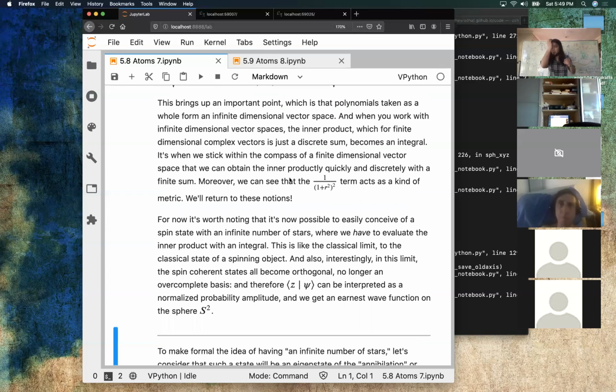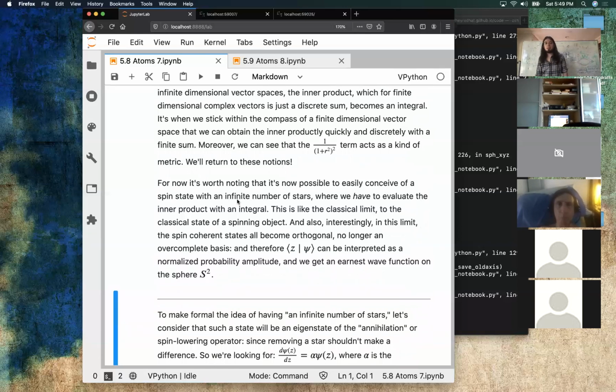And crucially, it's useful to work in this representation because when you're working with the polynomials themselves, you can imagine having, say, an infinite number of roots. There could be an infinite number of terms in this polynomial, which is not going to fly if you're just working with a standard JM representation or whatever. But here, we are taking an integral of polynomials over the complex plane. And so it